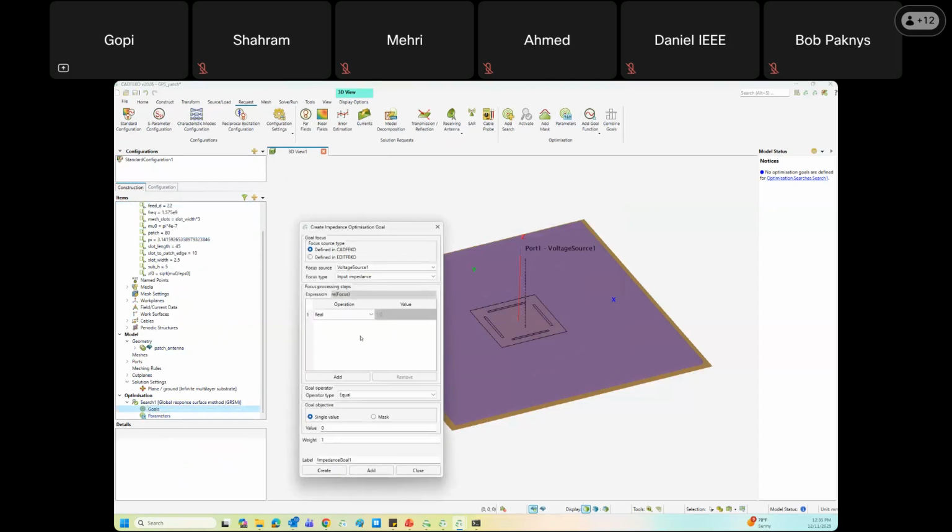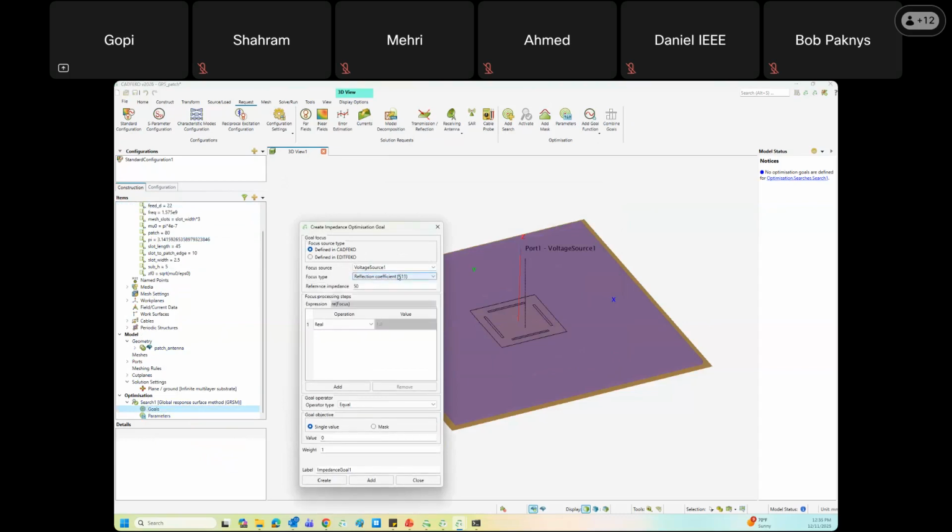And that output quantity is available from the source data. So I'm going to define an impedance goal to optimize the reflection coefficient, which is my S11. I'm going to select the magnitude of S11 as my focus and say I want to minimize it. Or if you just want to minimize it, let's say you don't know exactly how much it is going to, I can also make it equal to, let's say,